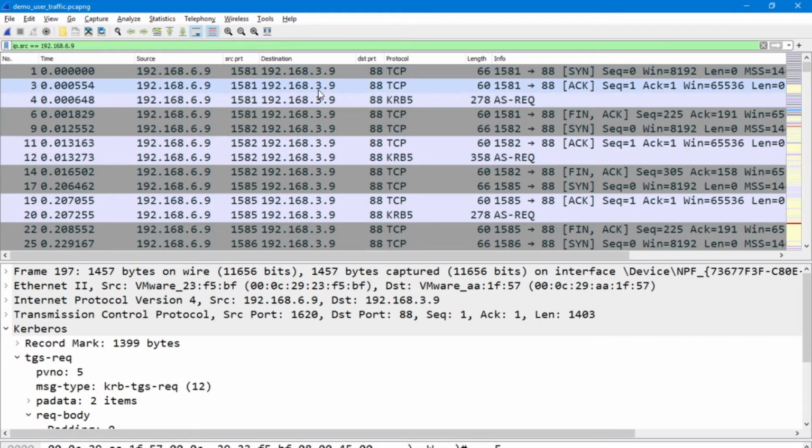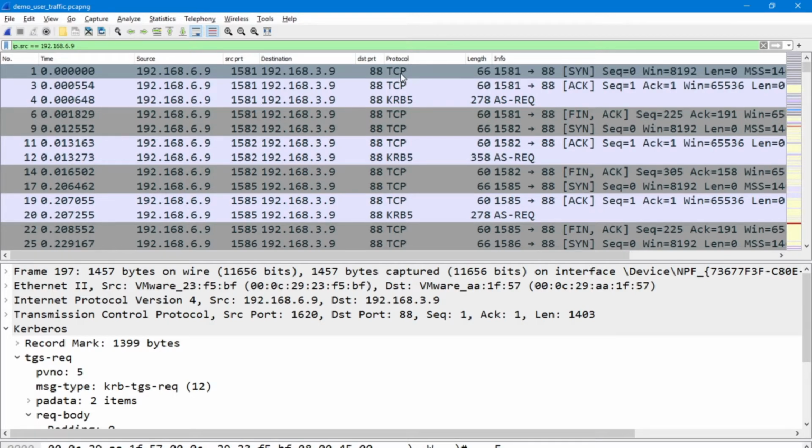We're going to take some guesses, as long as you validate that guess afterwards, then it's fine. We're just getting to know this particular capture, this particular network. So 6.9, it's talking to 3.9 on port 88, and it's